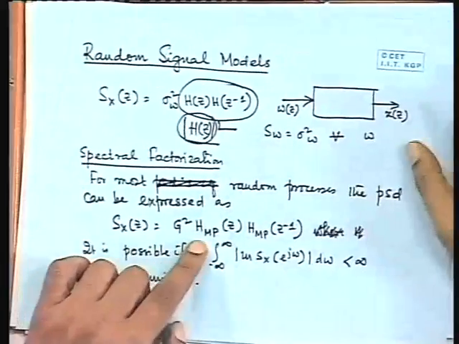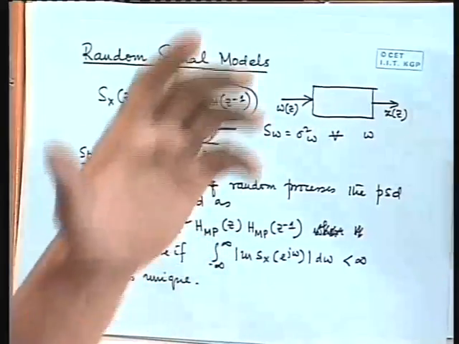These things are important, because actually what we are going to do, we will get a random signal and we have to construct a model. How do we construct a model? Unless we can characterize its power spectral density in terms of a model, we cannot compute its model. So these results are going to be very useful in doing that.